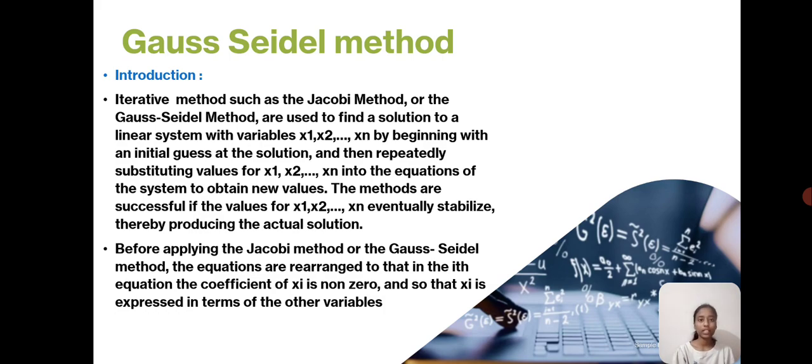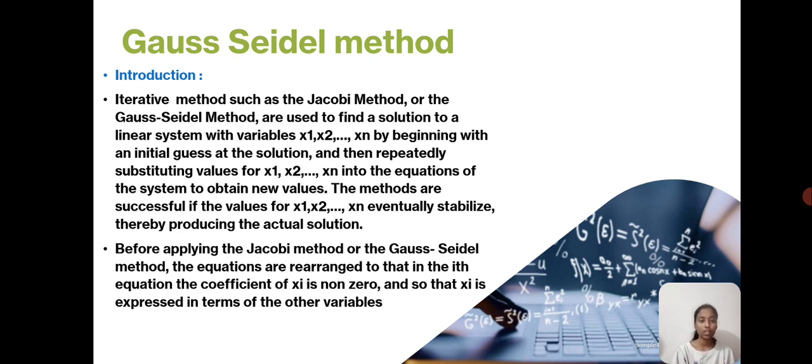Gauss Seidel method. Introduction. Iterative methods such as the Jacobi method or the Gauss Seidel method are used to find a solution to a linear system with variables x1, x2 till xn by beginning with an initial guess at the solution and then repeatedly substituting values for x1, x2 till xn into the equations of the system to obtain new values. The methods are successful if the values for x1, x2 till xn are eventually stabilized, thereby producing the